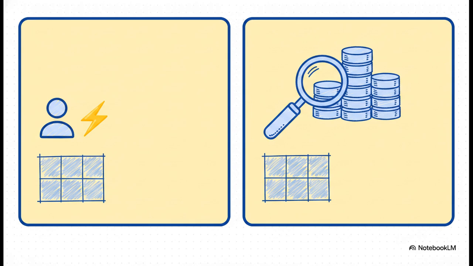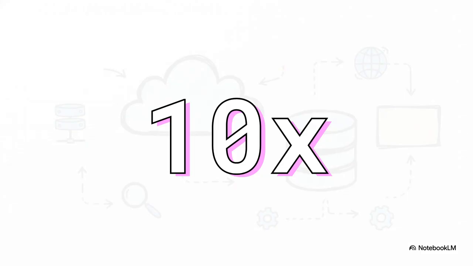OLAP databases like Amazon Redshift actually use columnar storage rather than row-based storage. This makes them ridiculously efficient for spotting trends across giant data sets, where you might only care about looking at a few specific columns. And Redshift is an absolute powerhouse. By leveraging massively parallel query execution, Amazon Redshift delivers a staggering 10x performance advantage over other data warehouses when you are scaling up to petabytes of data. You just periodically load your data in, maybe once an hour, and then run deep, complex SQL queries to extract